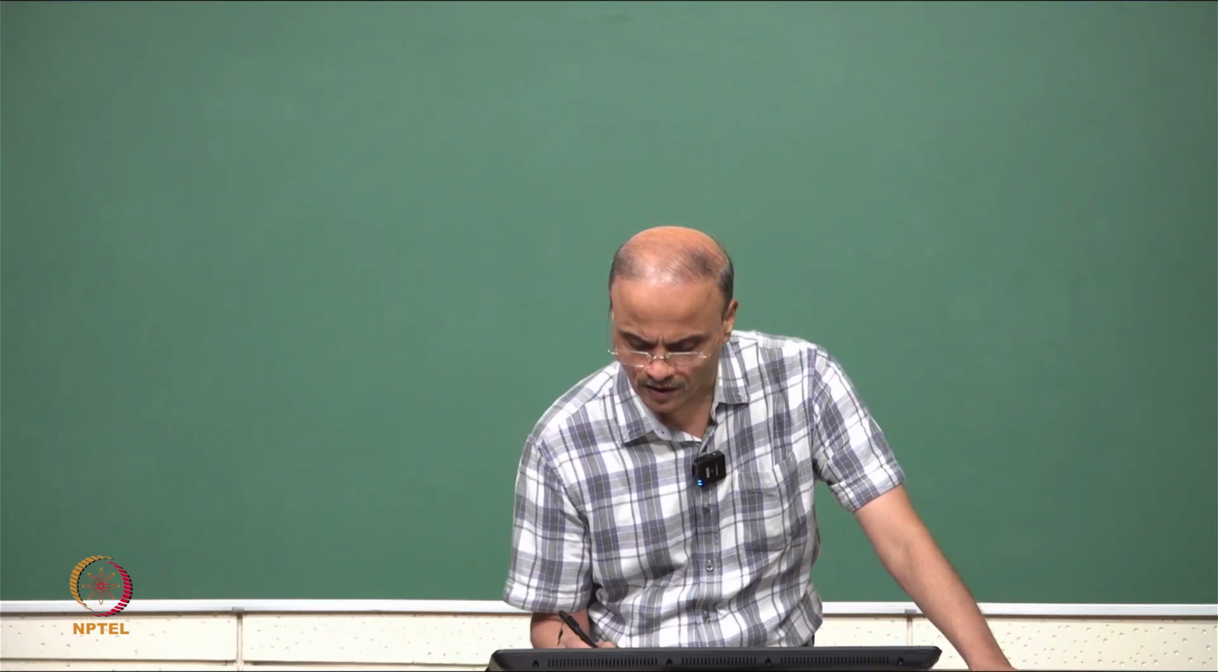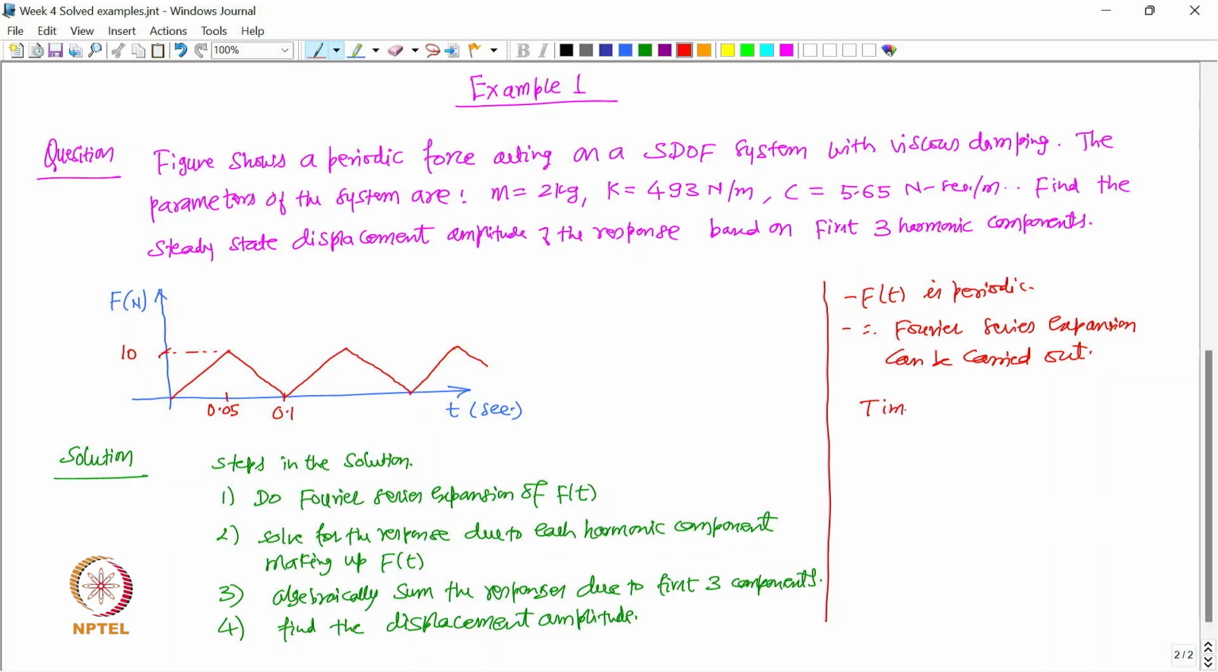So, what is the time period now? Let us designate it by T naught. This T naught is, as we can see from the figure, 0.1 second. After 0.1 second the signal repeats. So, this is nothing but the time period T naught,